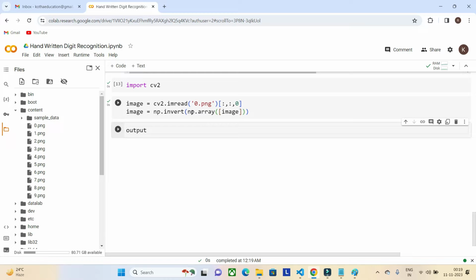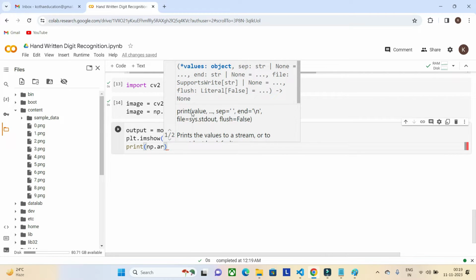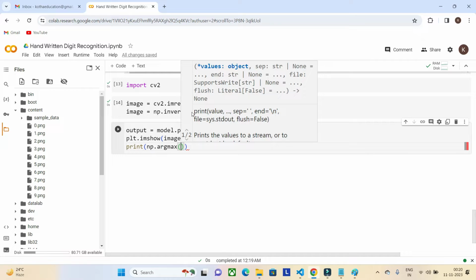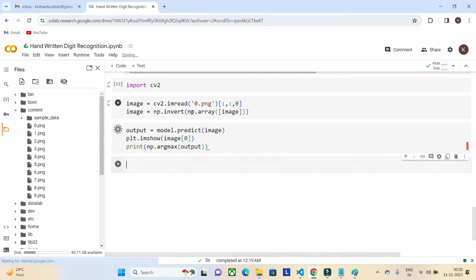Let's pass this input image to model.predict of image, and plt.imshow of image, 0. Let's print the value: print np.argmax, that is the maximum value from the output. Okay, let's predict it.